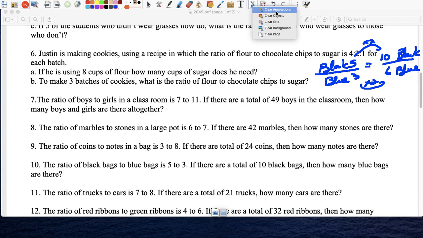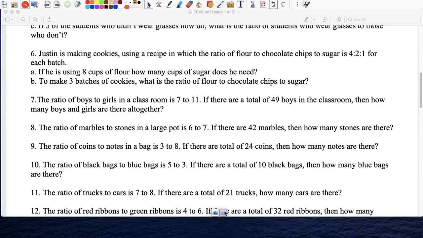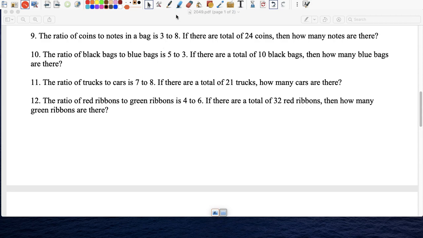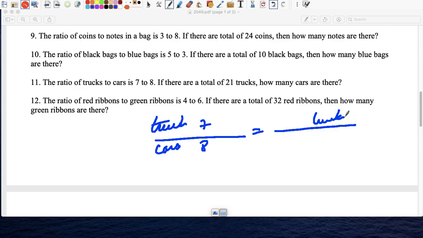Okay, so again, let's think of this as just a little review. 11, ratio of trucks to cars, 7 to 8. On the other side, let me write the other ratio, trucks and cars. There are 21 trucks. Let me do this by cross multiplying. If I put X cars, the ratio of 7 to 8 increases to 21 to X. We can cross multiply, so those of you who want to cross multiply,